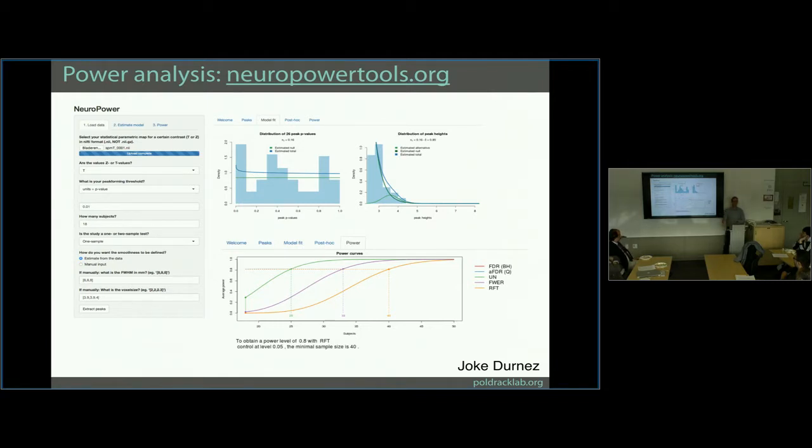We have a grant submitted right now with Joke and with Jeanette Mumford to try to develop methods to do power analysis in the context of whole brain corrected analysis. That will be the next thing that she's working on here. So we hope that people will start thinking about this. The problem is when you do one of these power analyses, it always tells you need at least 50 subjects. And most people don't have the money because they didn't do the right power analysis before they wrote the grant, so they don't have the money to run 50 subjects. It's really depressing when you give talks about these problems with power, and people come up afterwards and say, but I only have money to do 20 subjects and I need to finish my dissertation, what do I do?